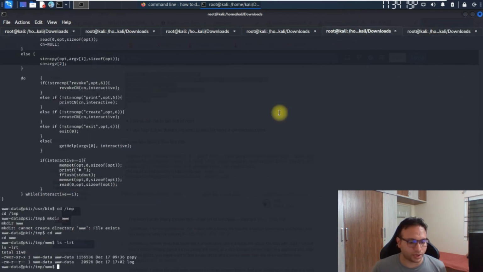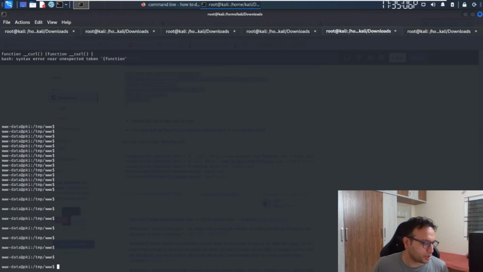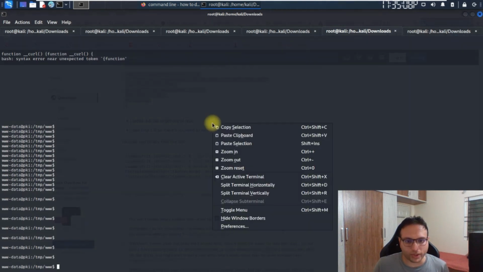I think the shell is hanged. Okay, some problem is there in my VPN. That was the reason I'm not able to access it appropriately. Now it's working for us. Now we'll copy one command at a time.